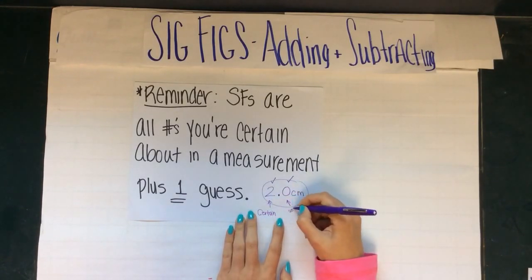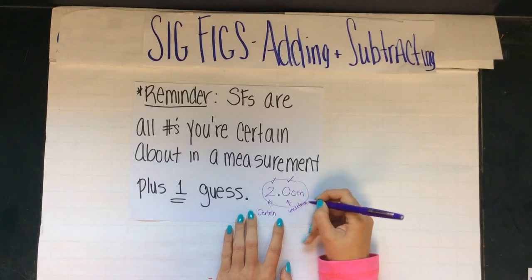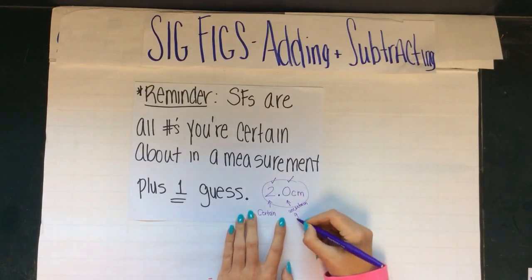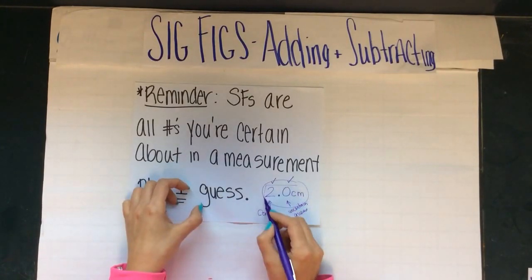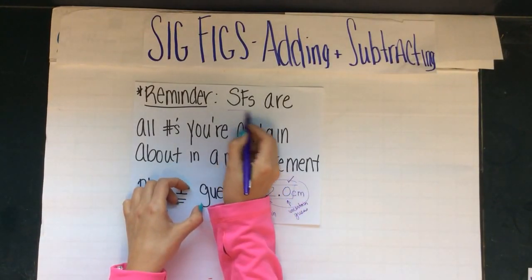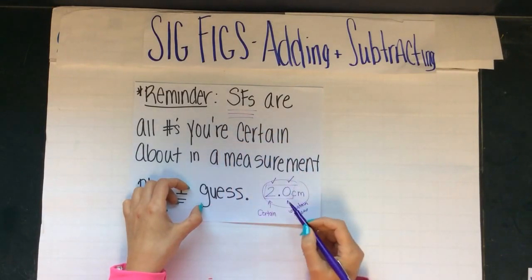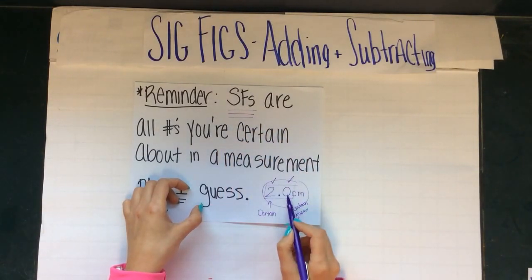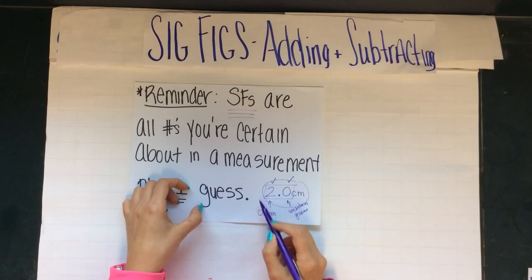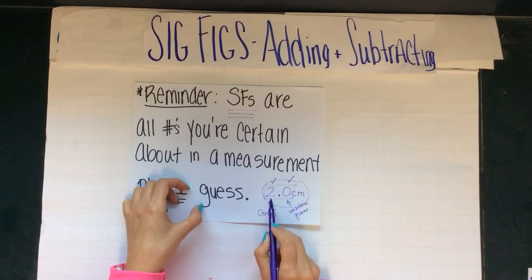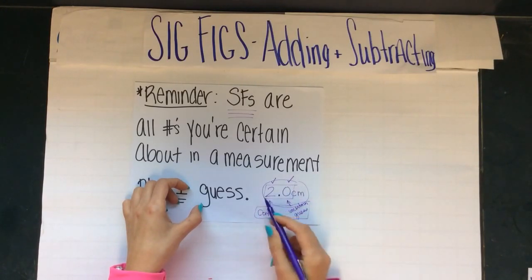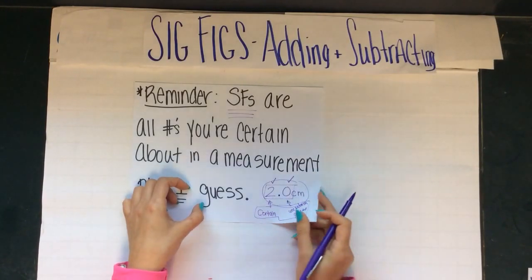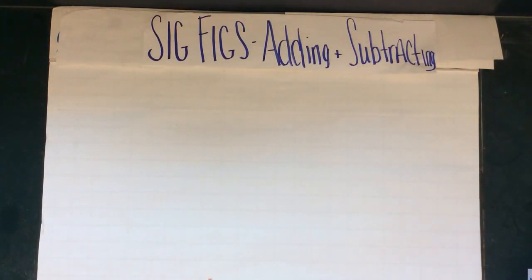And I am uncertain about the tenths place. We call that our guess or our estimate. Both of these we call significant figures, right? That is significant, that is significant. So all the places we're certain about in our measurement are significant, as well as we get one extra guess. Together, these make up what we call significant figures, okay? Another quick reminder is,